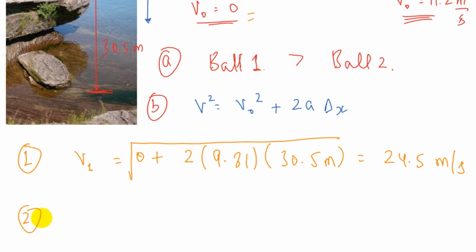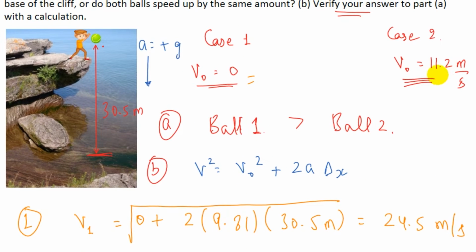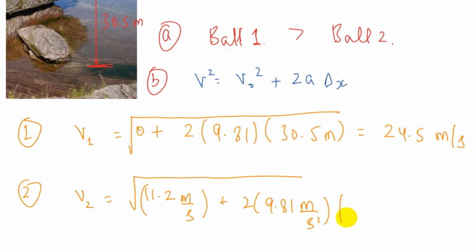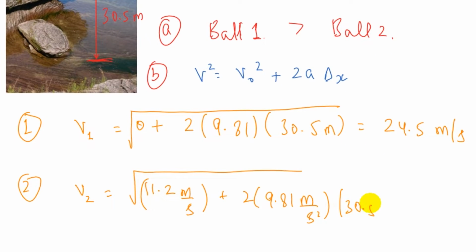Similarly, we can calculate the final velocity for ball 2. So this would be under root, same equation we can use. Initial velocity this time it is 11.2 meter per second, so this is 11.2 meter per second plus 2 times g is same, 9.81 meter per second squared, and delta x is also same, that is 30.5 meter. Now we can solve this and we'll get this answer to be